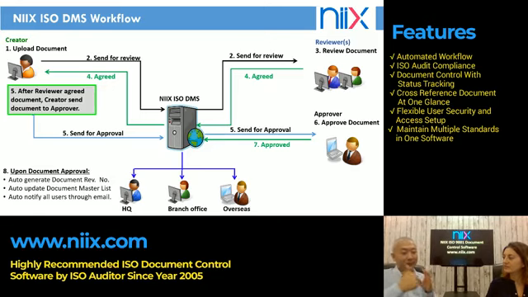First, you must update it in your document master list so that everybody can access it. Second, you must set the document revision control. Number 3, you must notify all your colleagues saying that, hey, there is a new document that has been approved. Now, assume if you do it manually, how much time do you need to spend to do all this tedious work? But with the ISO document management system, it will automatically update the document master list.